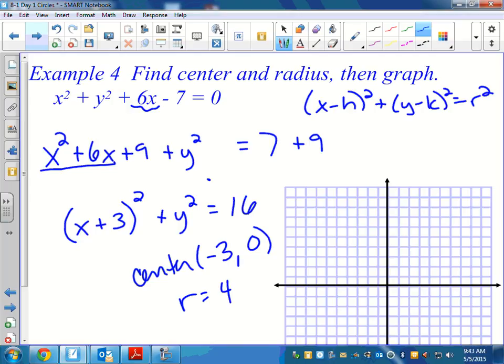So, to complete the square, you take out the 6 for the bottom, you do the x plus 3. Then you really have to write out this step with the 9. If you don't use the 9, you just have to make sure you add the 9 on the other side, right? I always write it out because it helps me keep the other side balanced. But it's okay if you don't, as long as you know that you're getting 16 on the other side. Because if you forget to add 9 to the other side, then you're going to have the wrong equation. But you're right, you don't really need that to get the 3. So if you graph this -3, 0, then a radius of 4,